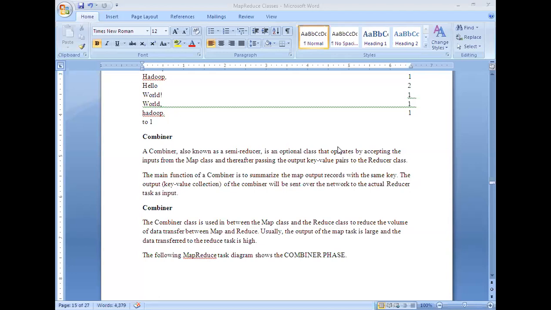All these outputs need to be transmitted to the reducer function as input. Each and every time, traveling every output from here to there consumes network bandwidth. It creates a lot of traffic in the network.